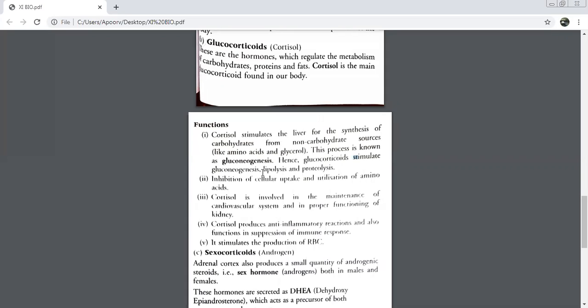Synthesis of carbohydrates from amino acids. Pardon? Yes, please speak up. Synthesis of carbohydrates from lipids. Okay, sure. Anybody else would like to add something for lipolysis? Ma'am, synthesis of glycerol from